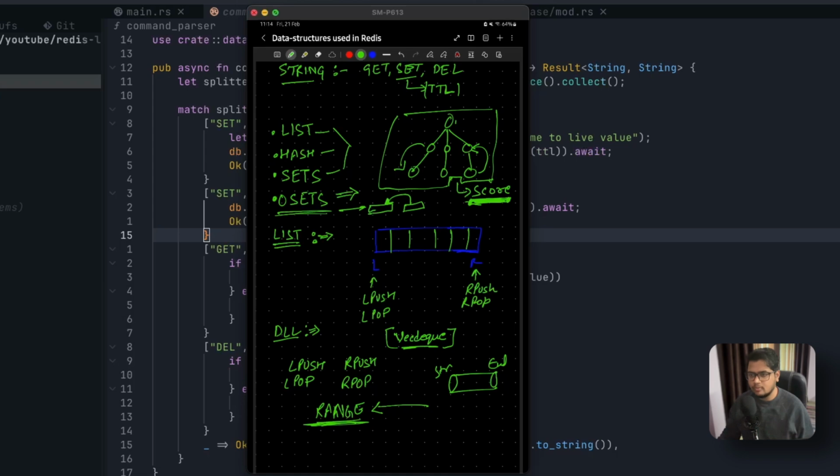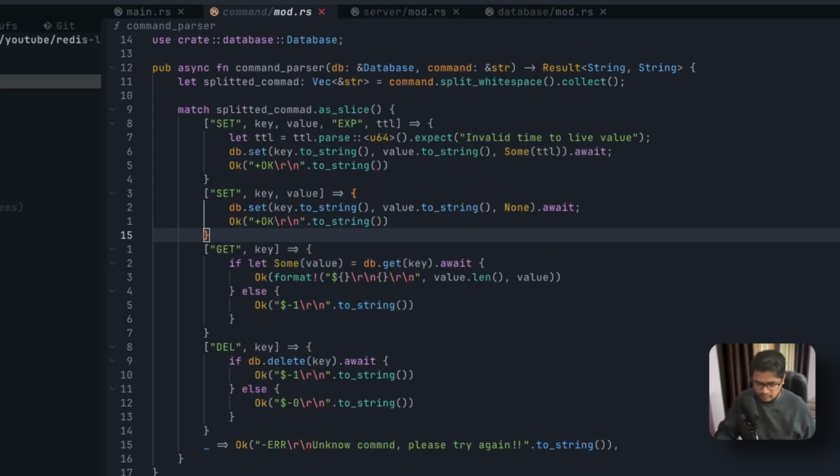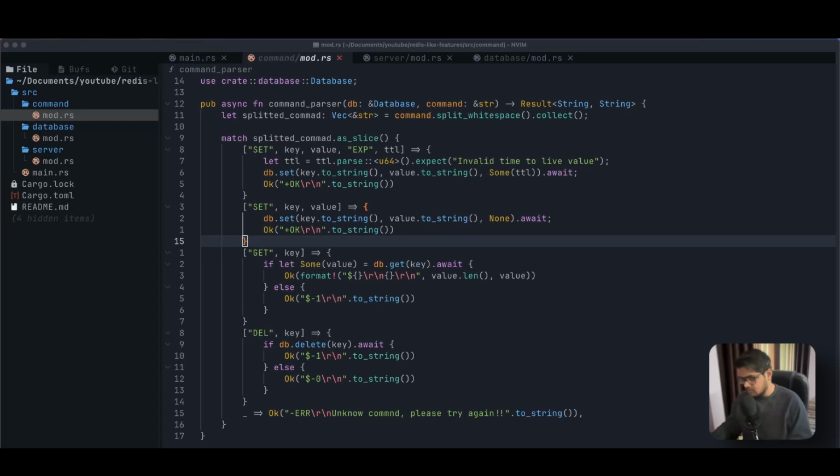Let's go to our code base. Let me set my keyboard over here. Right,